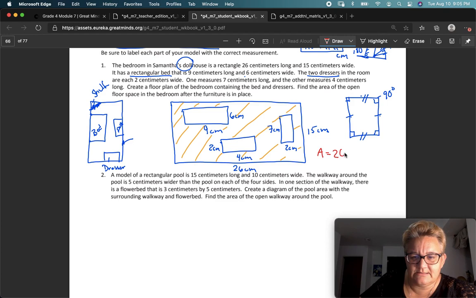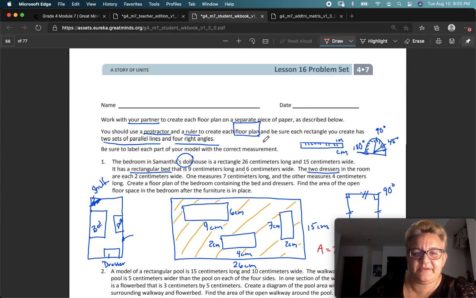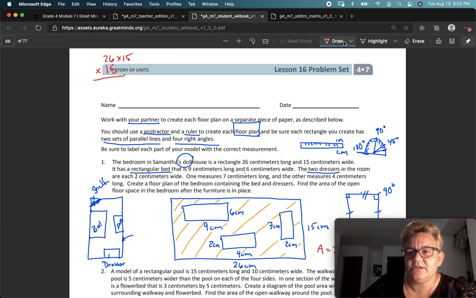26 times 15. That's length times width, okay? And 26 times 15, I'm going to use a little scratch space up here. 26 times 15. Okay, so I'm going to write that one on top of each other, just in case you need a little refresher with 2-digit